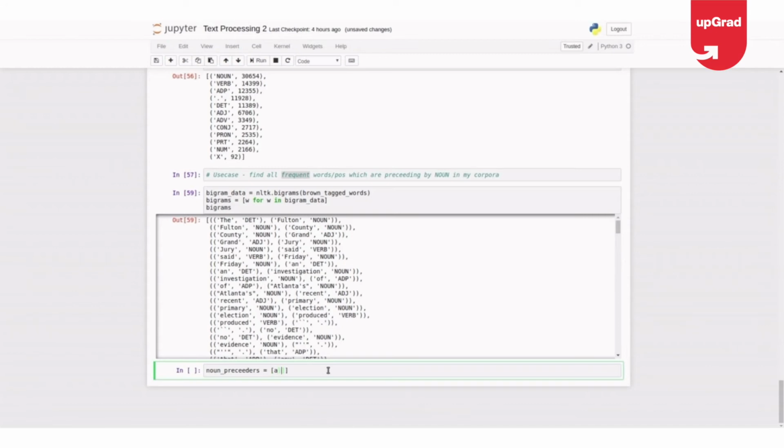If I say a of 1 for word 1, word 2 in bigrams, if word 2 of 1 is noun.